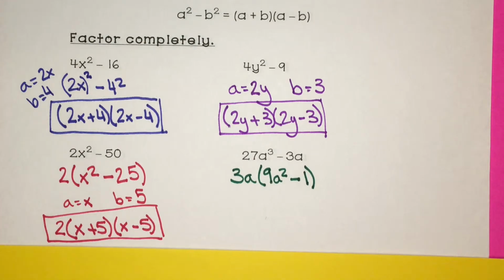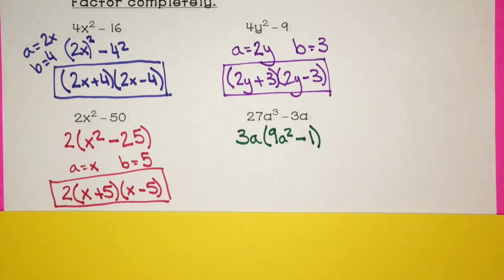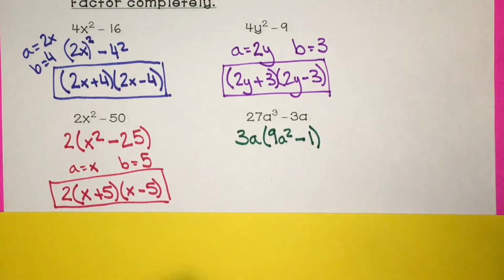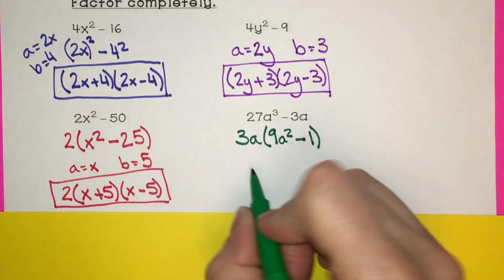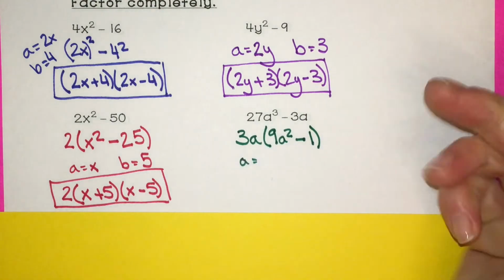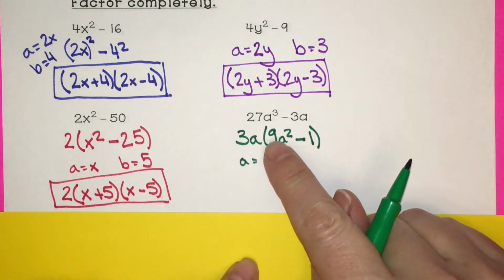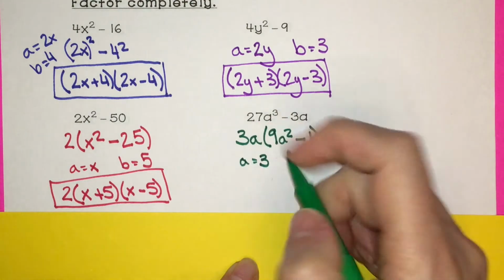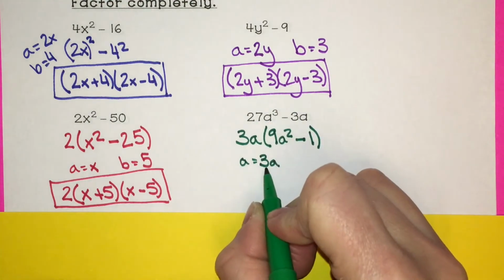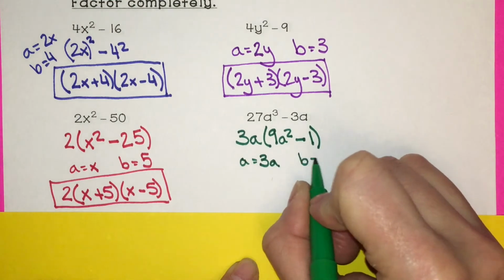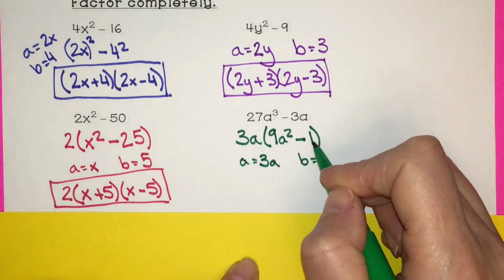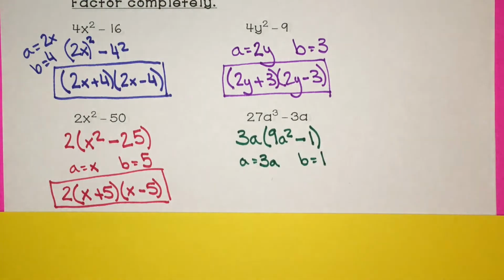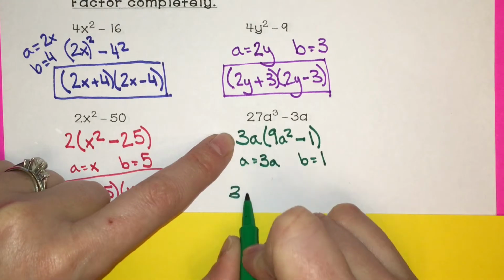All right, so now when I write my final answer, I have to have that 3a outside, but I'm going to figure out what the a and b values are. So here for a, all right, 3 times 3 is 9, so I know I have a 3, and a times a is a squared. So a is equal to 3a, and our b value, well, is just 1, because 1 squared gives me 1. So when I rewrite this, I have the 3a outside,